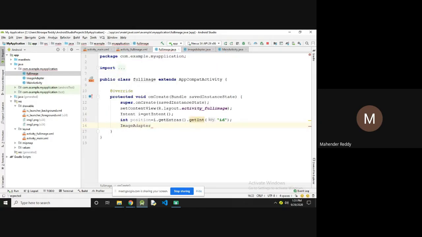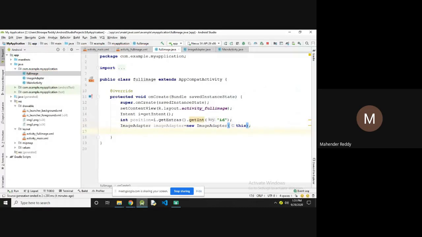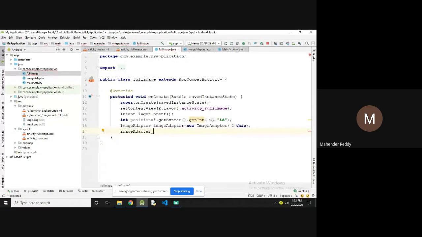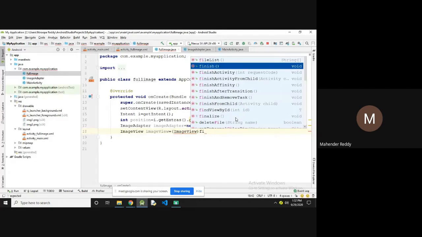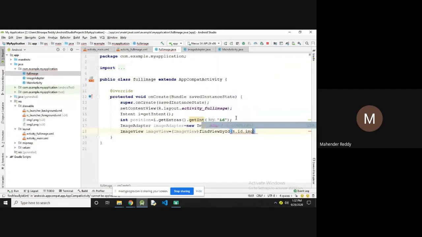Now I'm going to create the object for the ImageAdapter class: ImageAdapter, new ImageAdapter, this. Then ImageView imageView is equal to findViewById R dot id dot img.